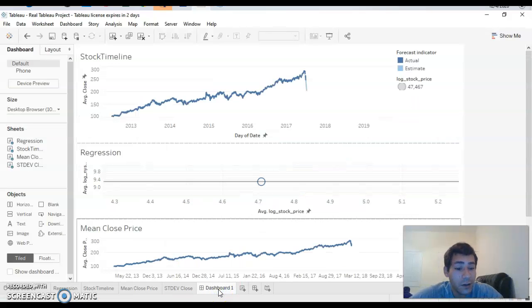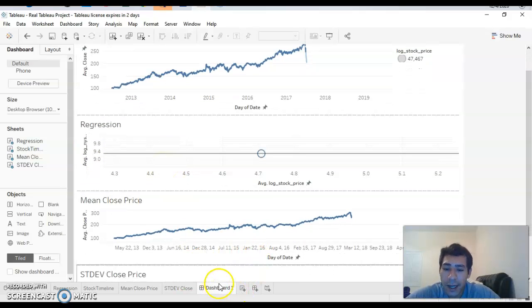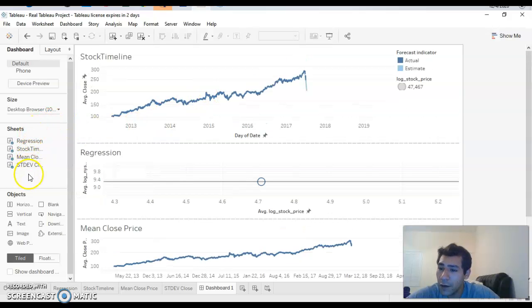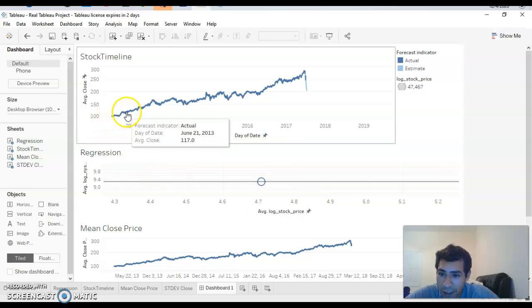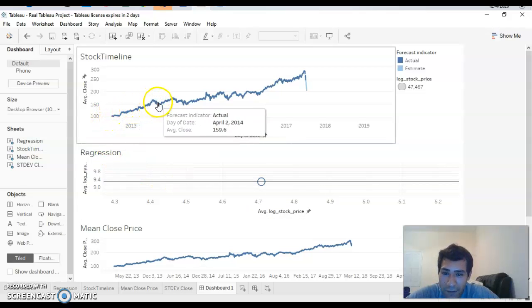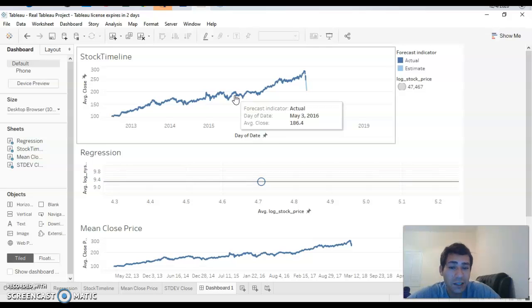Once you want to present all this data at once, let's say you're in an office meeting, and you want to run through the numbers very quickly, this is the best way to do so. So what you do is you create a dashboard, and you can put all of your individual sheets onto one sheet. And the best part about this is it's still live and interactive, so you can still go through every single point in the graph and show people whatever data set they'd like to see. So if they said, hey, I'd like to look at the May 3rd data for our stock timeline, it is easy to do so even when all four graphs are in one